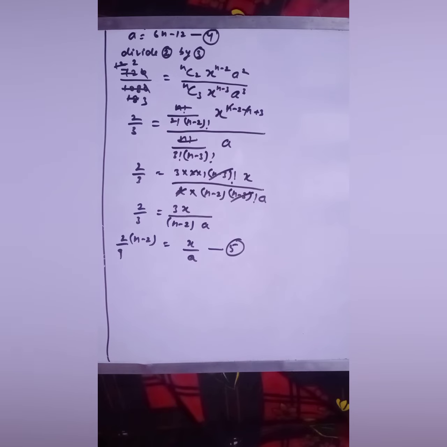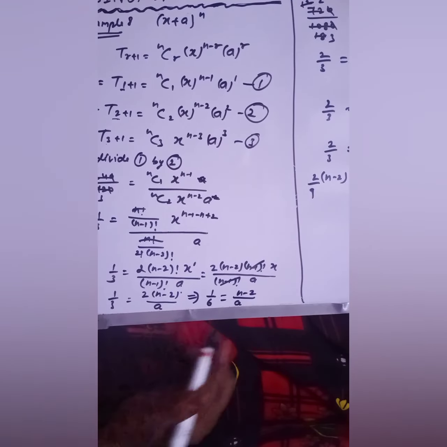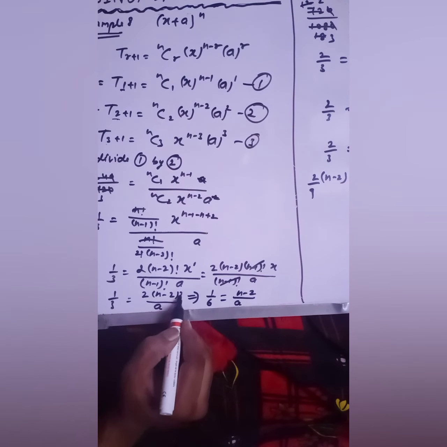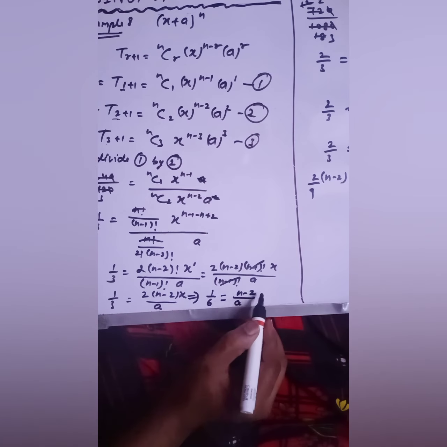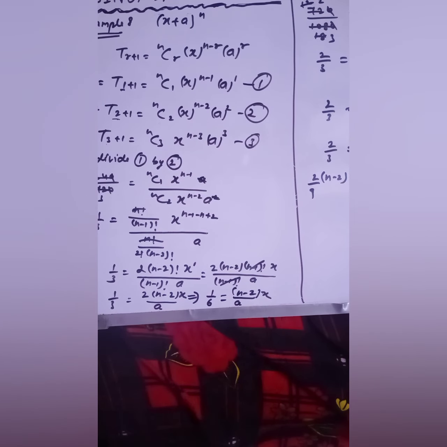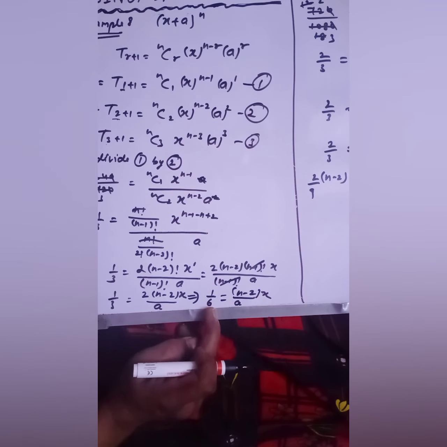Actually in your equation number C, in this last step, x is also coming, which I have not written, so here you have to write x also. So this would be n minus 2 x also. Fine. So here x by a would be n minus 2, which we will show below.